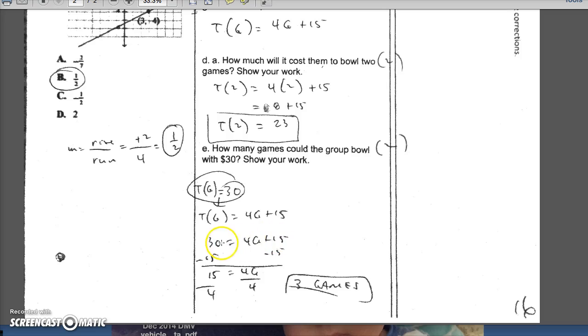Notice how now you're just left with the G, so you'll use the opposite of the order of operations, PEMDAS. You'll do adding and subtracting first, so minus 15. And then multiplication and division, so you divide by 4 here. So 4 doesn't entirely go into 15. It goes in 3 times with a remainder of 3, which means you only have enough money to bowl 3 games, not 4. And that's the reason why the answer is 3